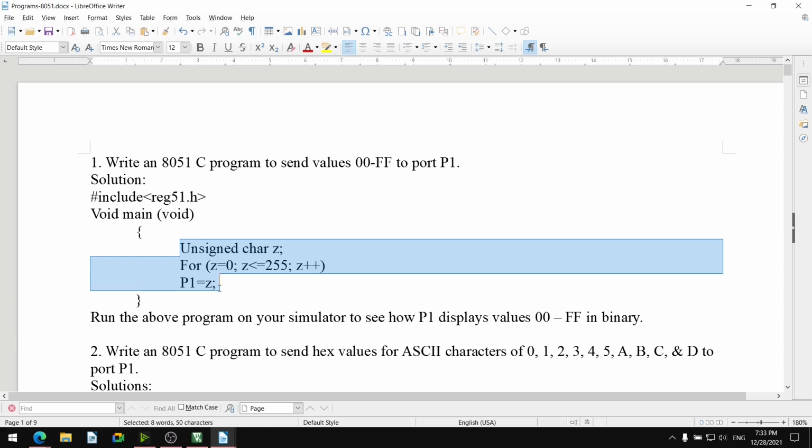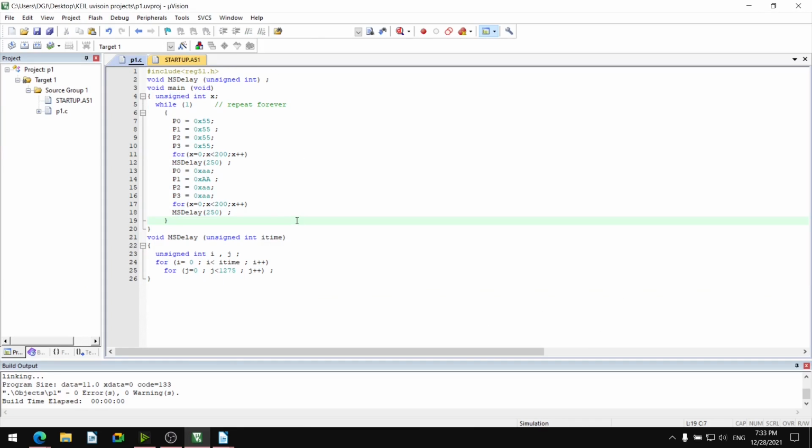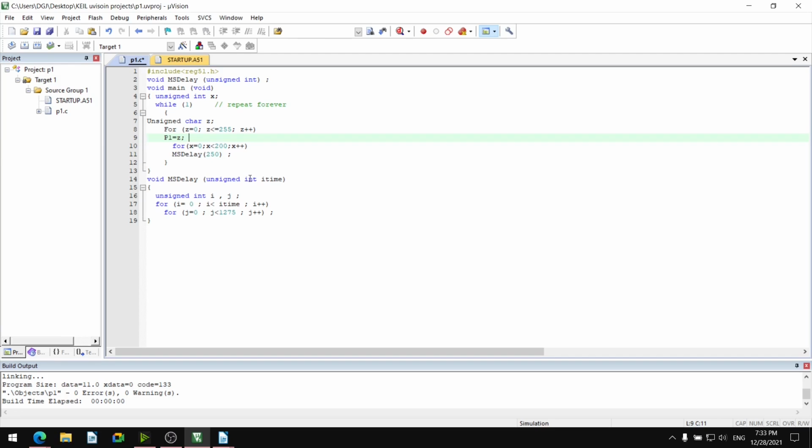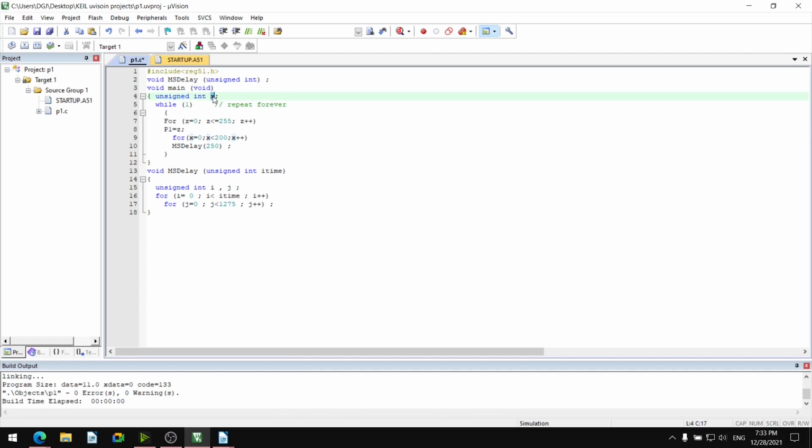We'll put the delay after P1 equals Z. So unsigned Z is required, Z here, comma X is also required. Then P1 we are outputting as Z.